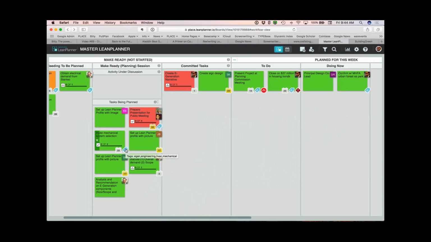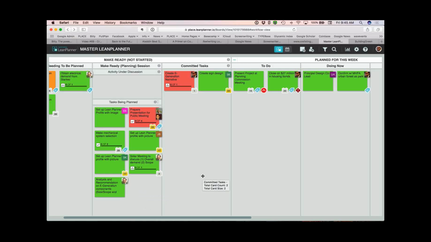When is it due? These tags you can hover over and see what's assigned that way. So I think that this is a much more powerful tool for managing our tasks than Podio. I think we could still communicate about things through Podio, using that as our main interface for communicating. And if a particular event is happening on the Podio calendar, it can create links that take you right into LeanPlanner, so that you can take a look at a detailed set of tasks associated with that.